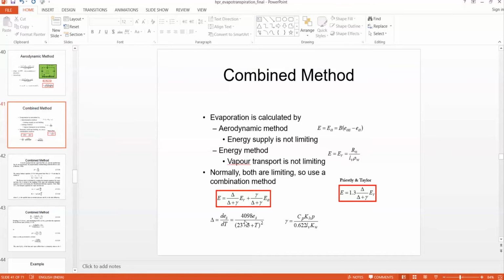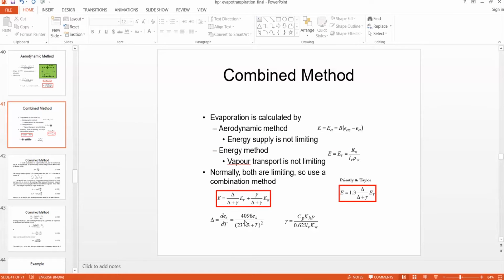But normally both are limiting. There could be lesser wind speed, as well as lesser energy supply. So in these conditions, there is a superior method. It is called the combined method,